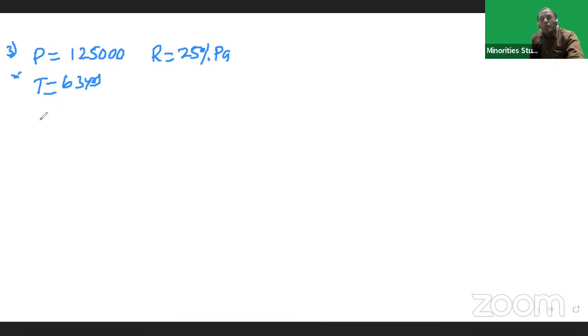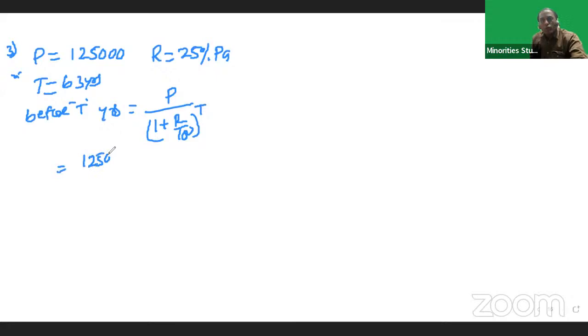So the population of a town before 3 years is equal to P by (1 plus R by 100) whole power T. Here the P value is 1,25,000, and the R value is 25% per annum. So it is 1 plus 25 by 100 whole power 3, equal to 1,25,000 into